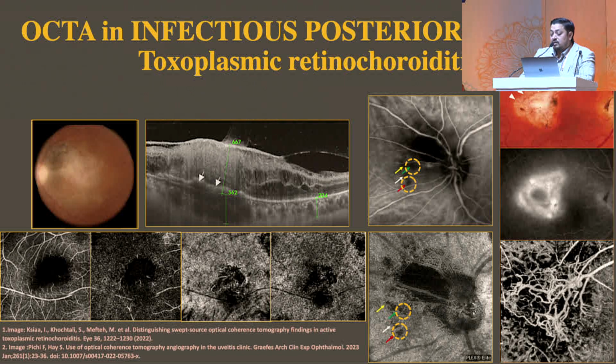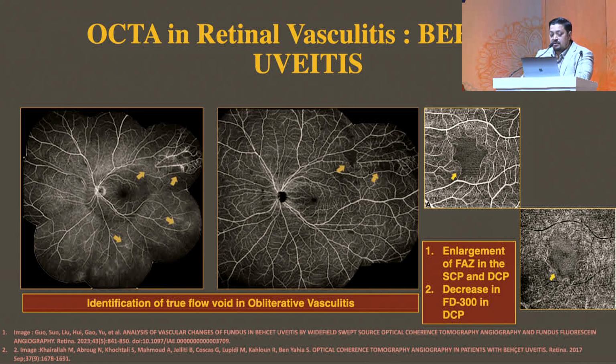And at that same time, if you do an FFA, you might miss those small satellite lesions. But you do an OCT angio, look at those yellow circles below in the image. You will find that you can clearly see those satellite lesions. So if this patient is coming to you in later stages when he is healed, although for a good clinician it is a CNVM complex, if you're in doubt, you tend to do an FFA, but just don't do an FFA, do an OCT angiography and you can see a CNVM complex.